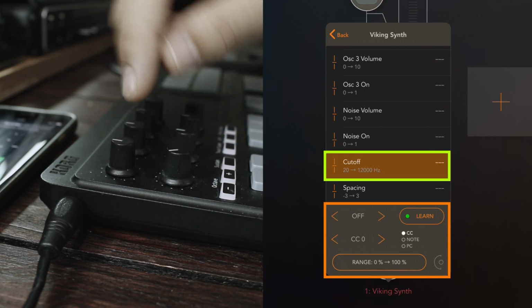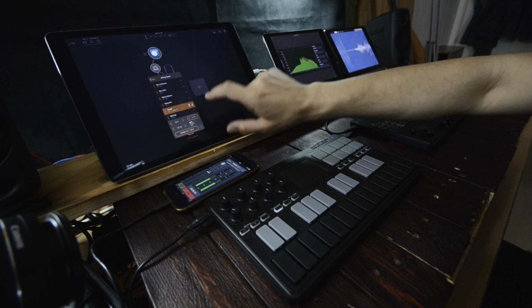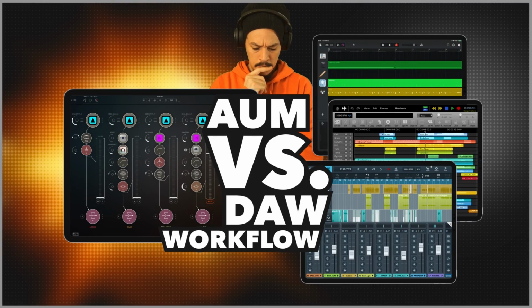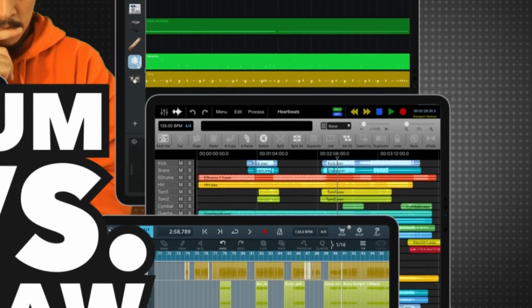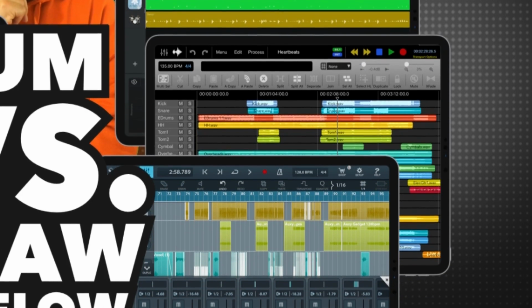I think you know what I mean. Here's the thing though. So far I've been talking about the pros, but what about the cons? Well, when it comes to the other type of workflow, I want to talk about the production type of workflow. Because of its design, AUM isn't really good at that. And so you're going to have to go look for an app that has been designed with a conventional DAW-like workflow